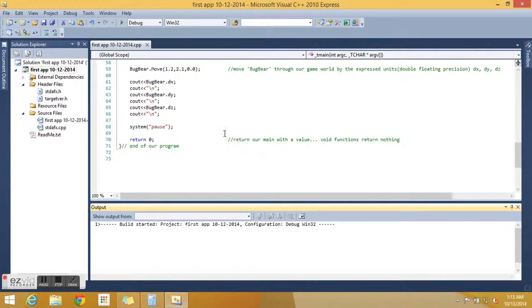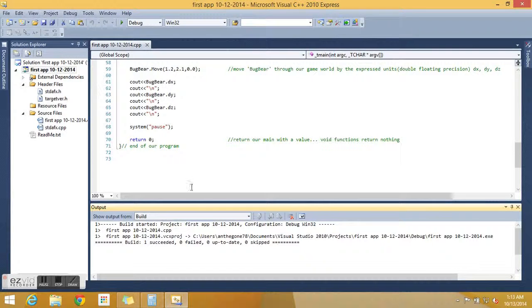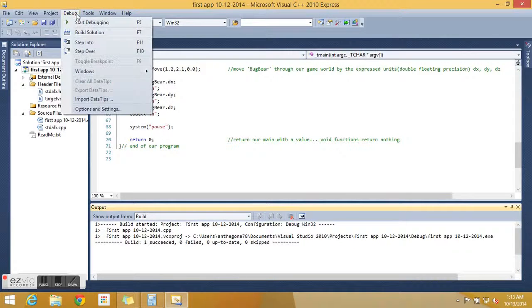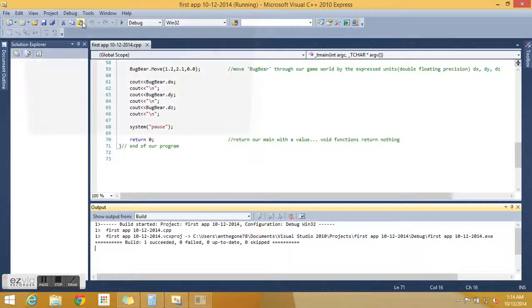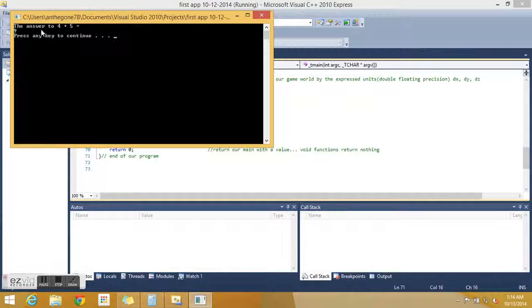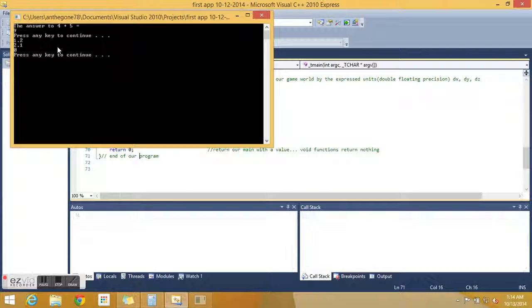And we're going to build it. Takes a second. The longer our programs are, the more it's going to take to compile. That's fine. We're going to now run it. Our answer 4 plus 5 still equals 9. But now it's showing 3 numbers, and that's basically the implementation of the class, that we now have something at this location, even though it means nothing right now, but at least you can see